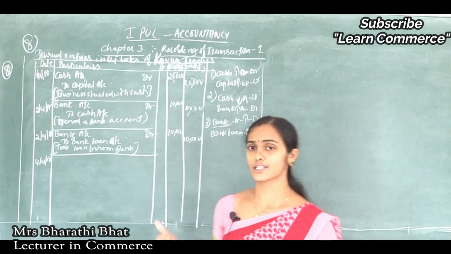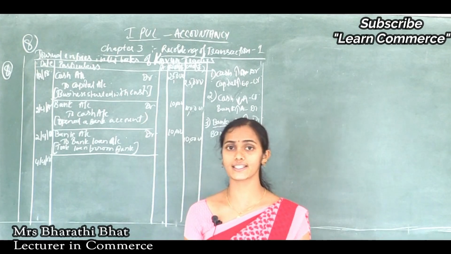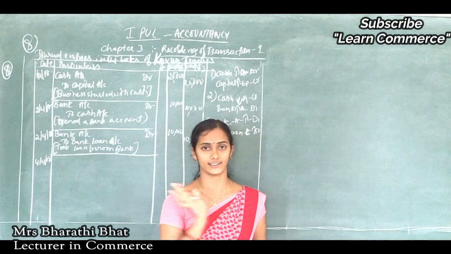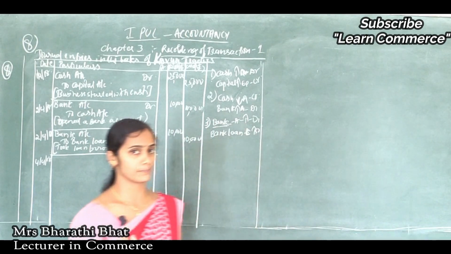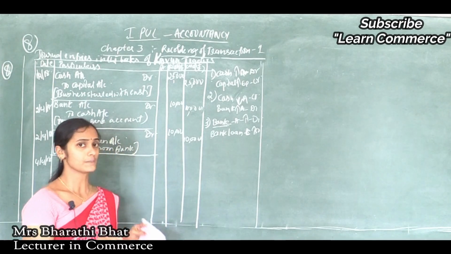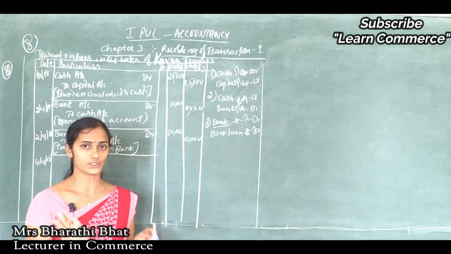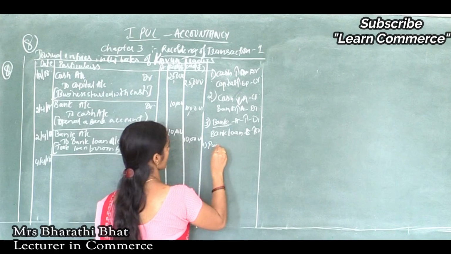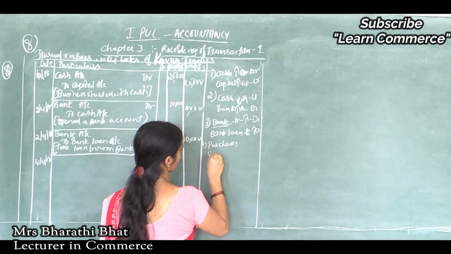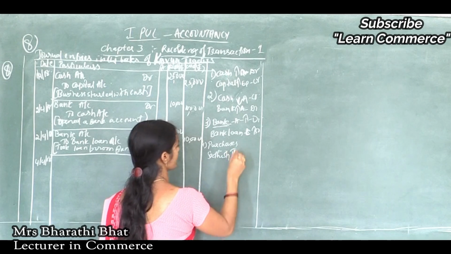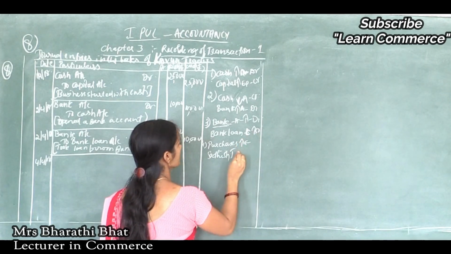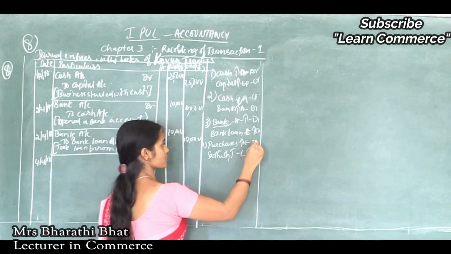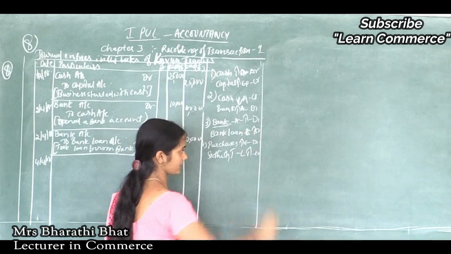The Kavya Traders bought goods from Satish Traders, that is on credit basis. They clearly specify that the transaction is related to credit transactions. So how we can write? They have not mentioned what they purchased. They just told that they bought goods from Satish Traders. So we should consider goods as purchases here. So purchases account and Satish Traders. Purchases increase in expense, Satish Traders liability shows increased value. So increase in expense is to be debited, increase in liability is to be credited.